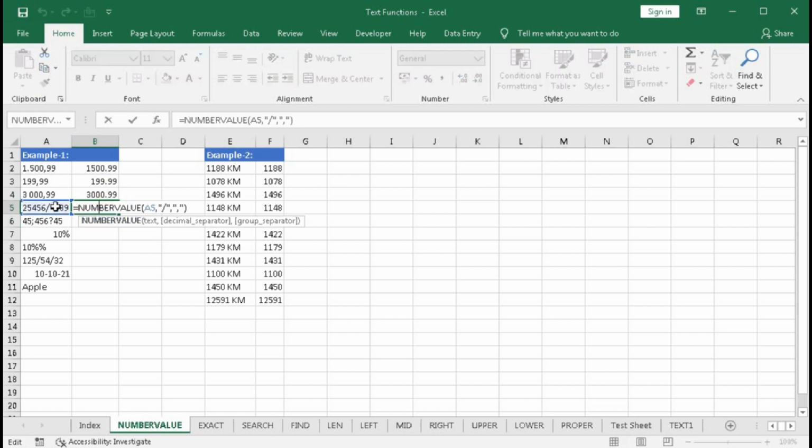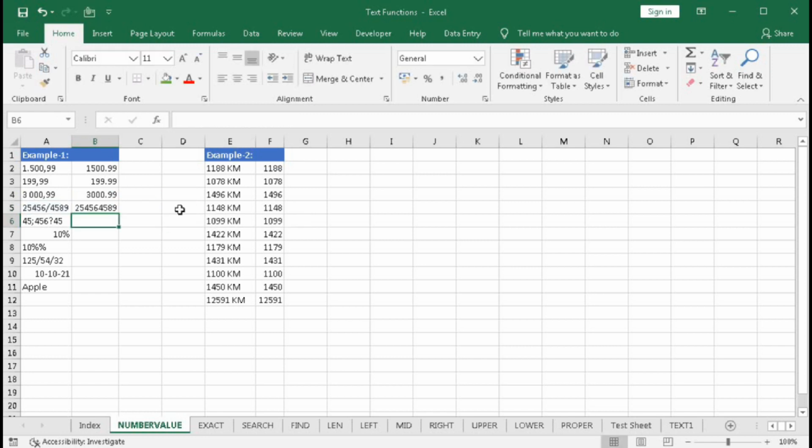Now if we think this is a group separator, then here we will put comma as the decimal, we'll put full stop as the decimal separator and oblique as the group separator. Now press enter. You can see the group separator is removed. It became a single number. Now here again in the same way, if I drag this, we got error value because here the characters are different. Suppose this is a decimal character and this is a group separator.